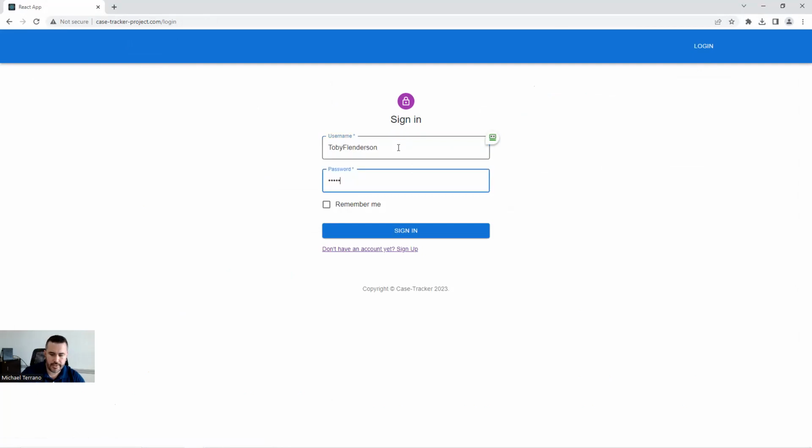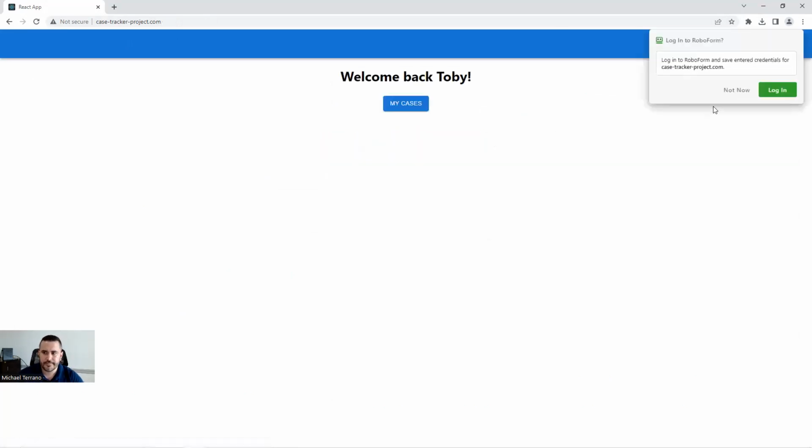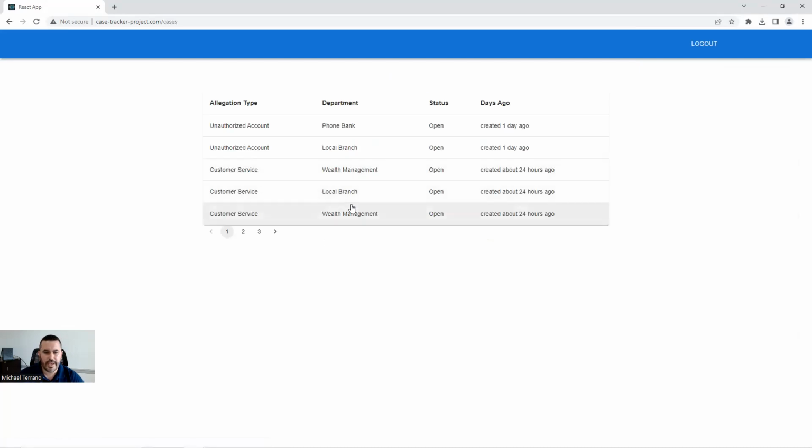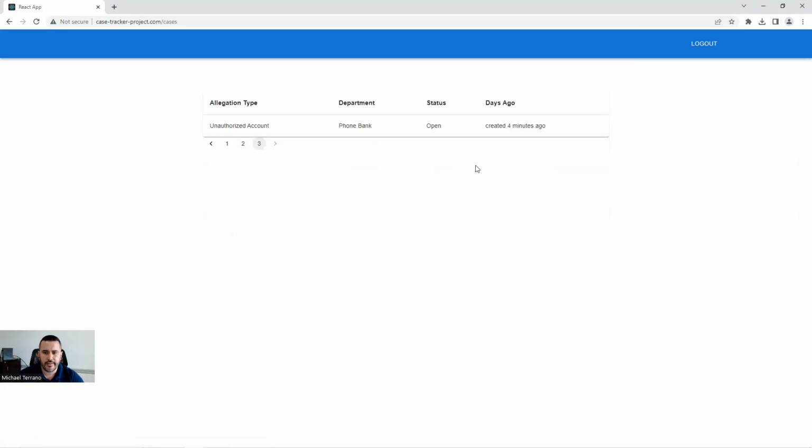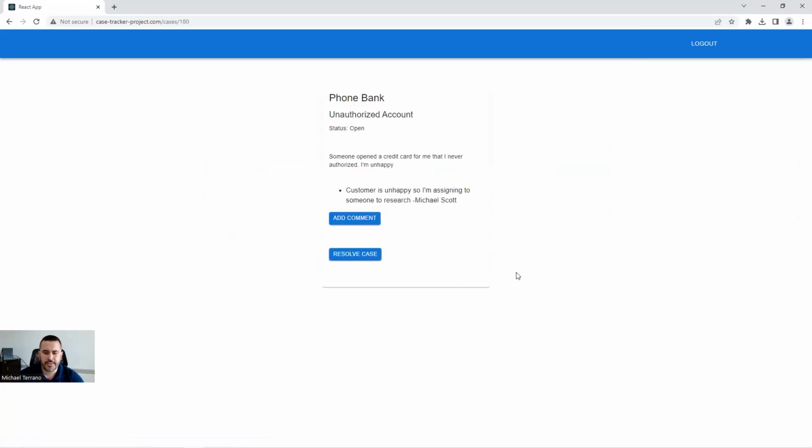log into Toby's profile here. And this is our researcher page. This just shows all of the cases that are currently assigned to Toby. Now, if we go to the very end, they are organized by how long ago they were opened. We'll see the case that was assigned right here. So we do see that